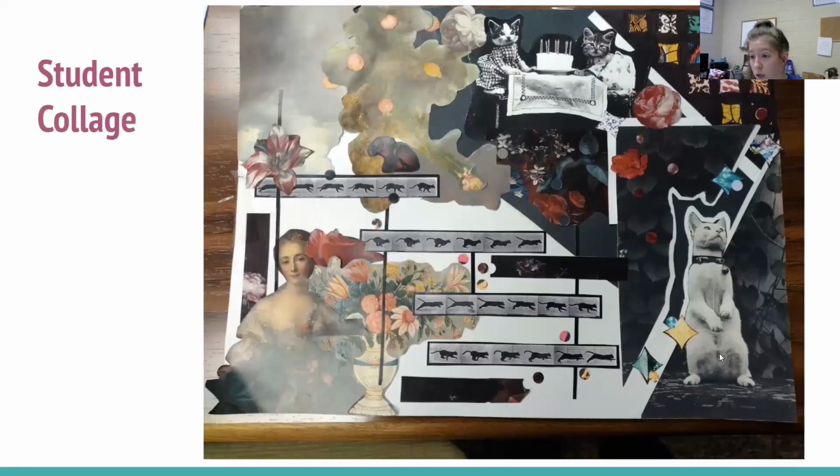So this is a student's collage. During the copyright and collage activity, we had a copyright handout about what copyright was and how to maintain the appropriate interaction with copyright, particularly with images, and then how to cite them appropriately if you wanted to use images in your work. And then we took all non-copyright images, things that were from the Library of Congress, the Smithsonian, and the National Gallery of Art, all their open access data. We found images that would work, and then we printed them off, and we made buttons, and we let people